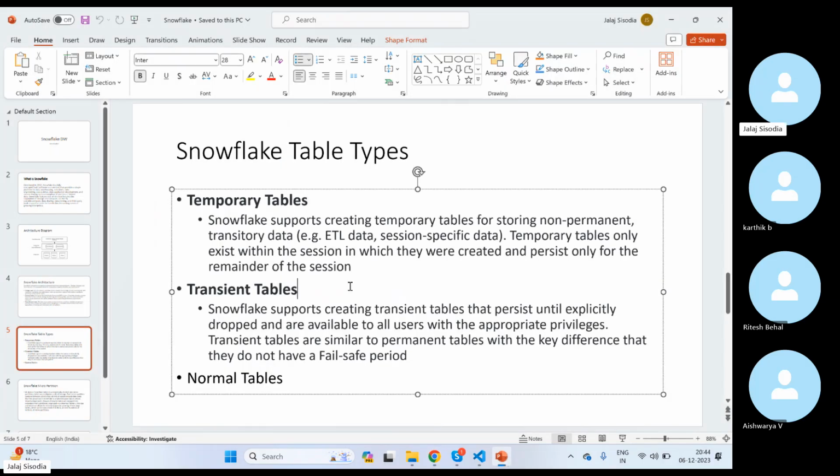Then we have transient tables. Snowflake supports these transient tables that persist until explicitly dropped and are available to all users with appropriate privileges. The only difference with a normal table or a permanent table is that transient tables do not have a fail-safe period. So fail-safe period is nothing but, in Snowflake,